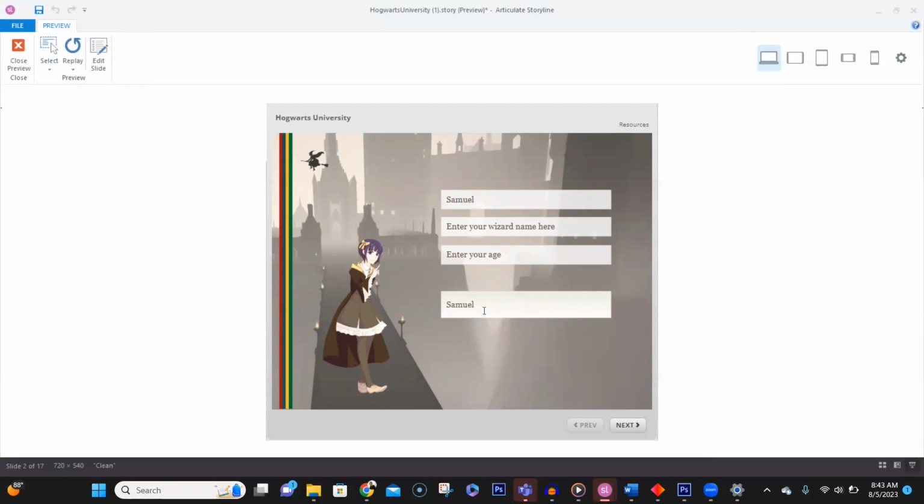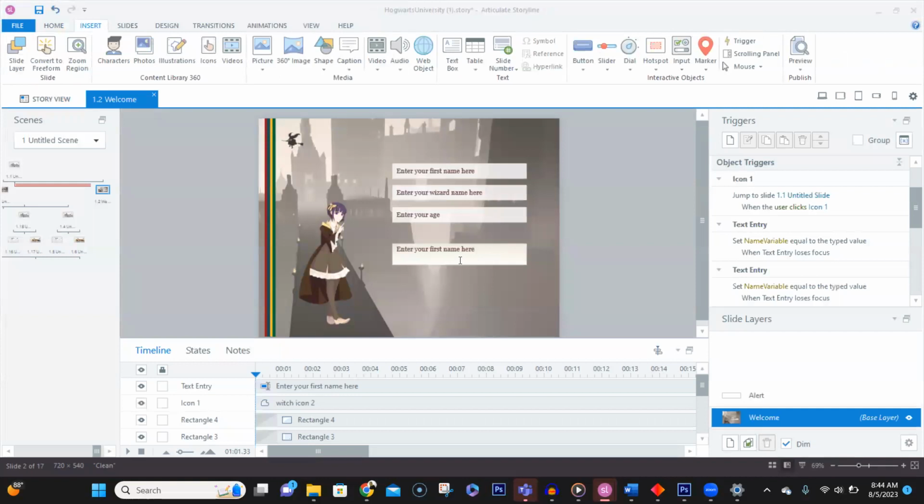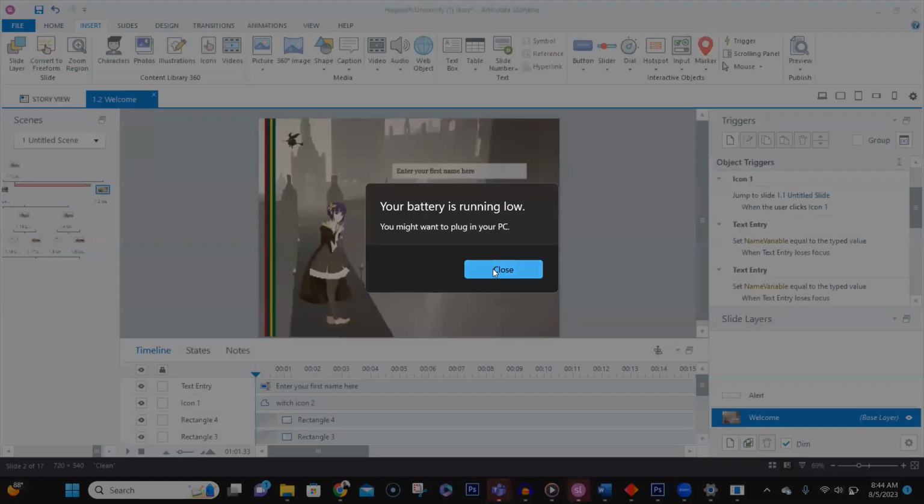Whenever the learner clicks outside, and the only reason they would click outside is to click on next, they automatically lose focus. So that variable is set. Another way to do that, to kind of force the learner to,